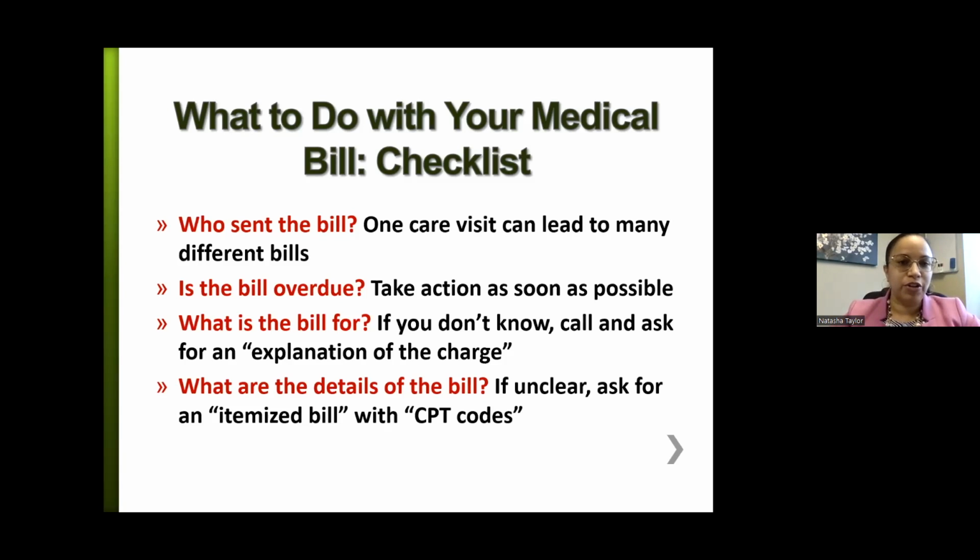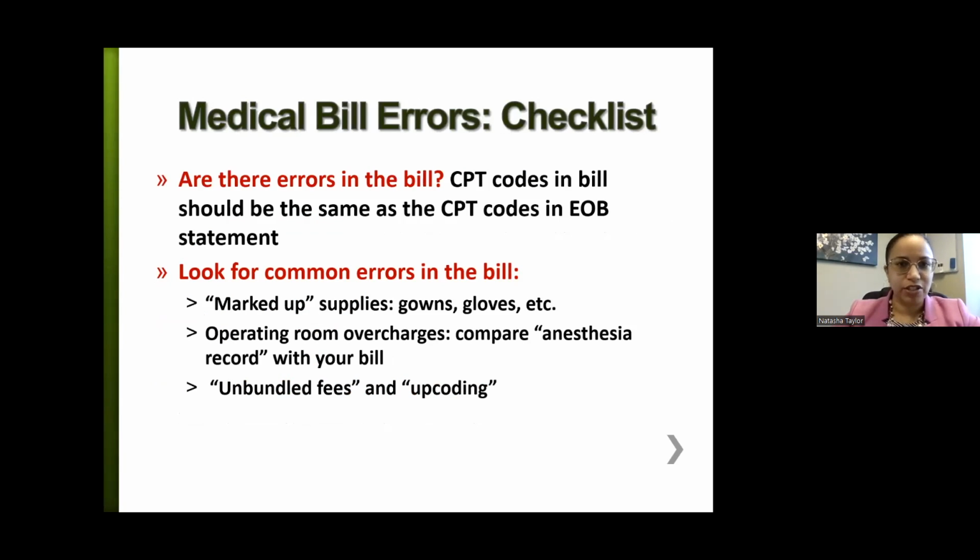If unclear, you can always ask for an itemized bill with the CPT codes. People often do this if they've had surgery and they have a large anesthesia charge. Sometimes you can ask for a detailed account of that bill, an itemized bill with the codes, so that you can match up what you remember happening from the procedure and what you were told was going to happen with that bill. So if there are errors in the bill, you want to check